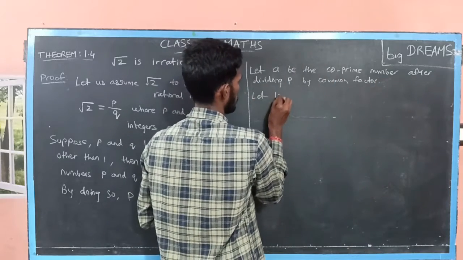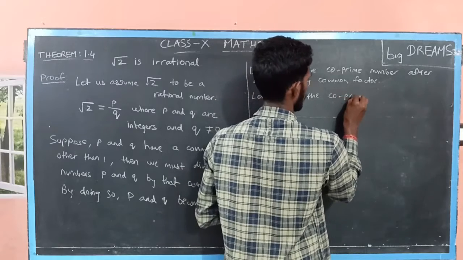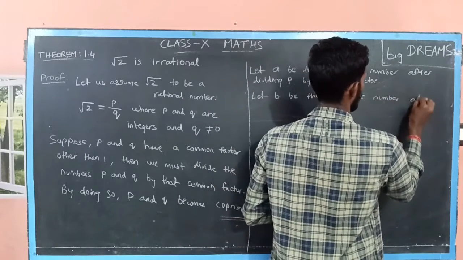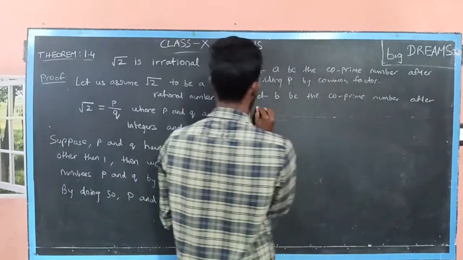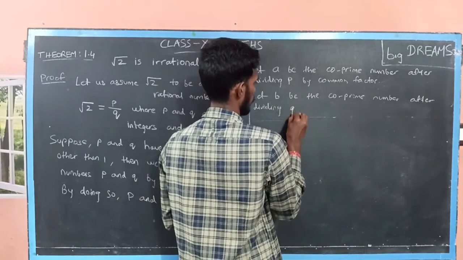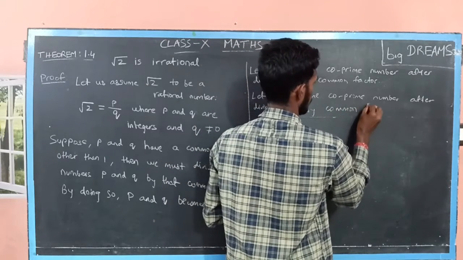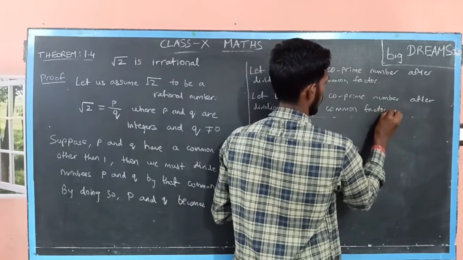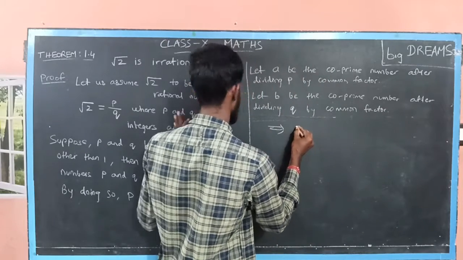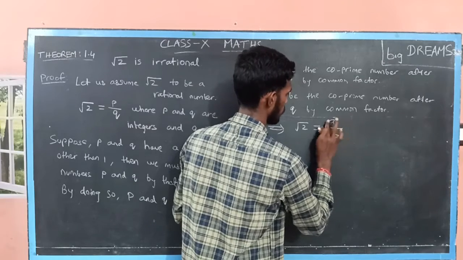Let B be the co-prime number after dividing the number Q by the common factor. Okay, so now I can represent the number root 2 in a by b form,